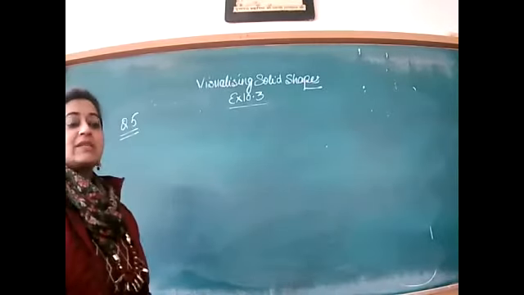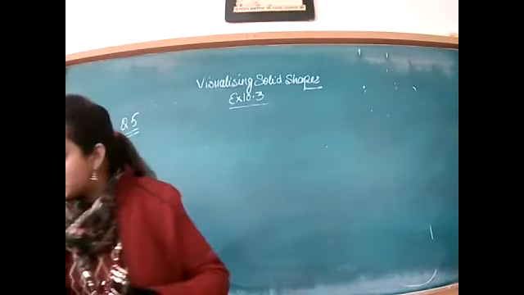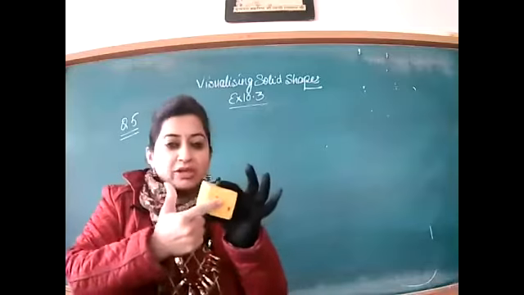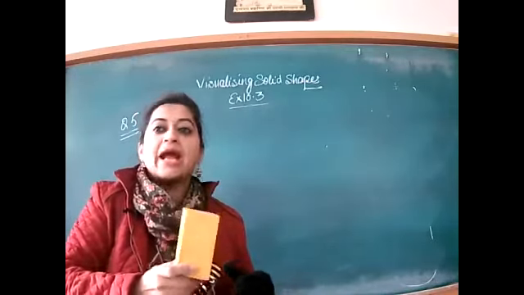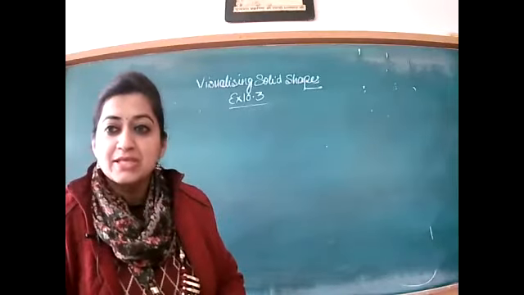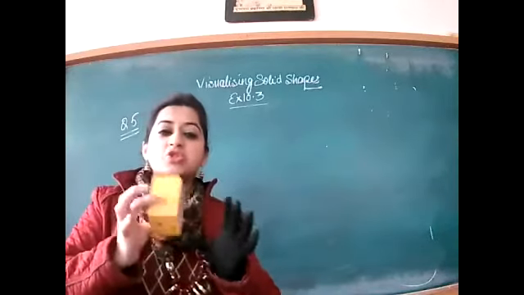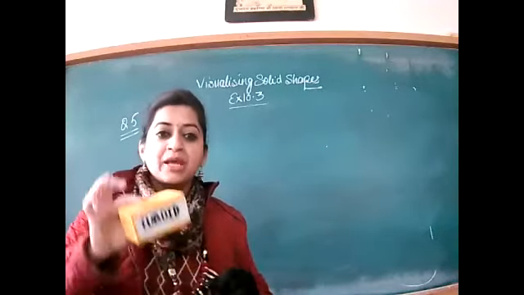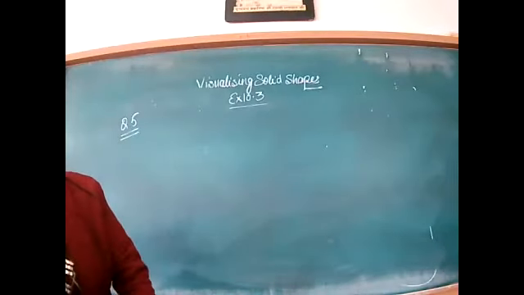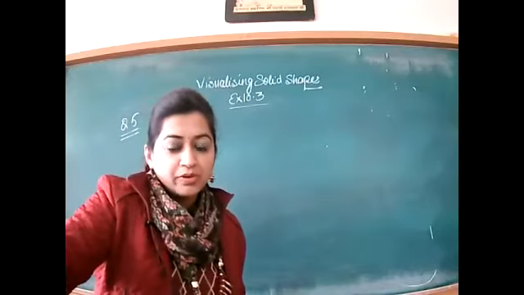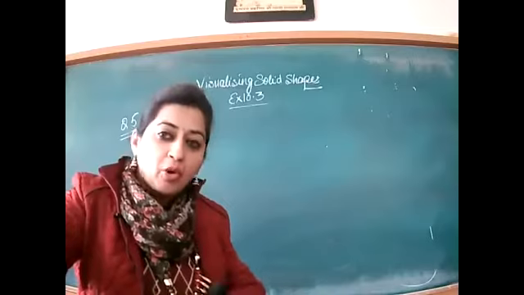9:27. Yes, listen. In the fifth question, we have discussed one thing, that if the top and the bottom face is square, it can be a square pyramid, and the other name it can be: if the top and the bottom are the same, it is a square prism, or you can say cuboid, or it can be a cube also. Now in the next question, is a square prism the same as a cube? A square prism can be a cube, but not sure. It can be a cuboid also.